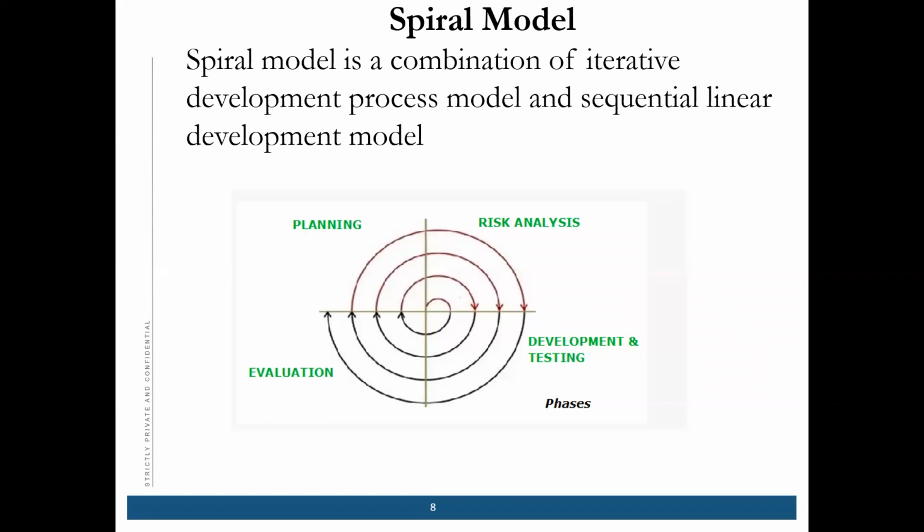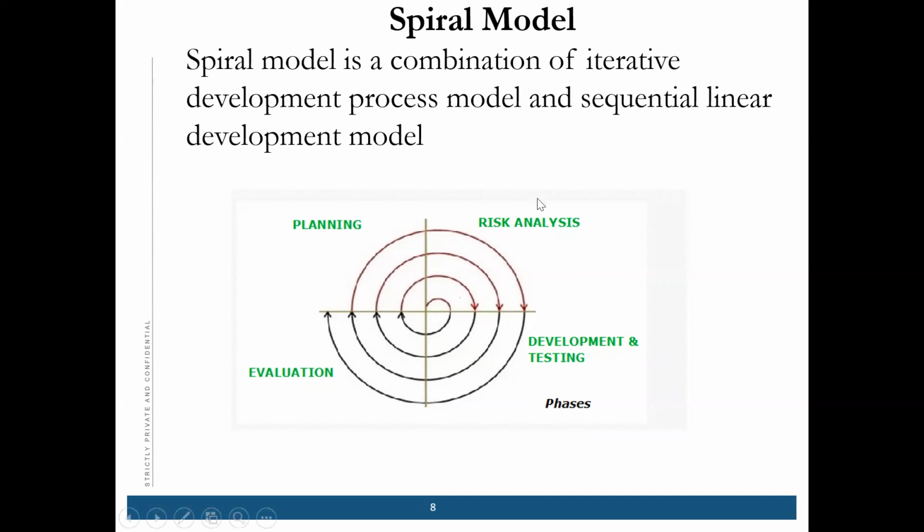Mostly this model is adopted for large and complicated projects, correct? So the waterfall model is used for simple and small projects, but the spiral model is used for large and complicated projects where risk is very high. So here we do the risk analysis also, right?